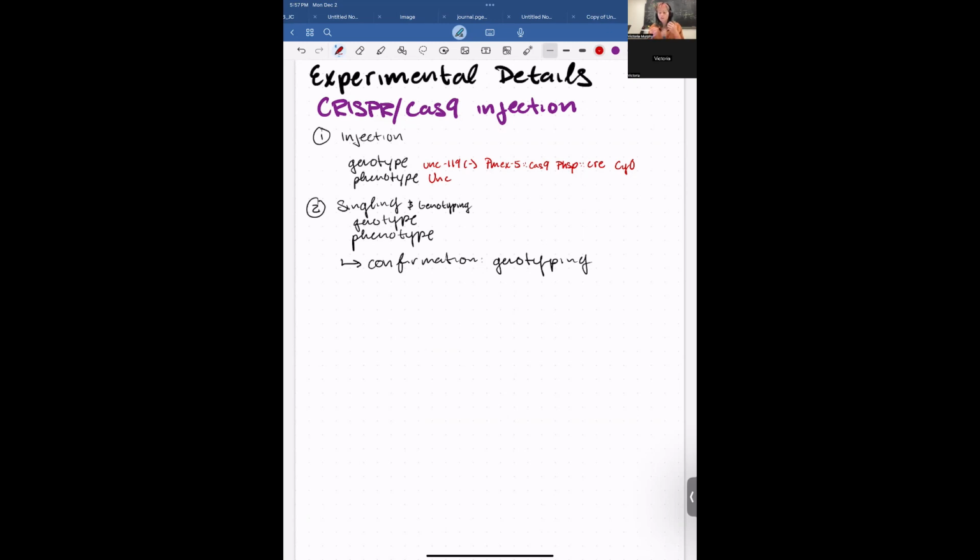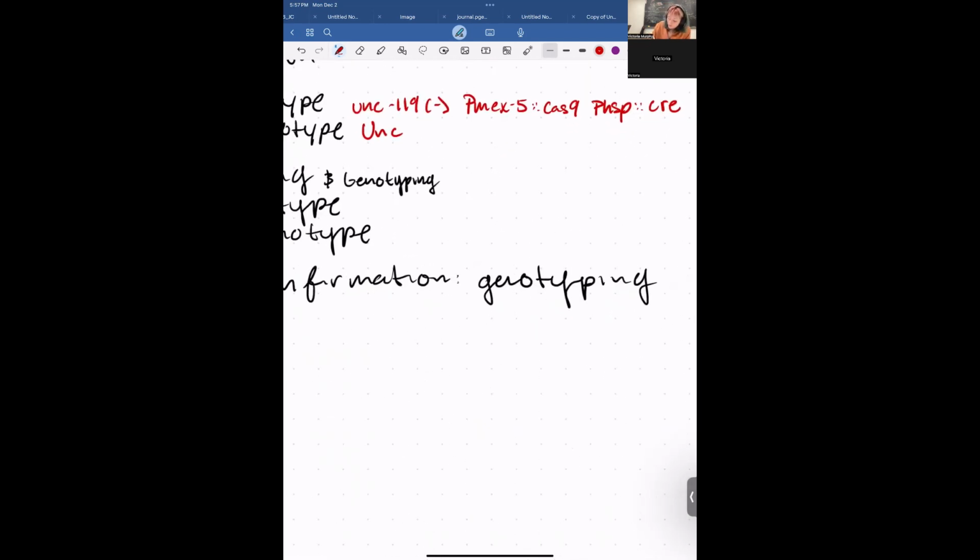And this allows us to see which worms are most likely to have that insert without having to genotype hundreds and hundreds of worms, which is usually what people do when they're trying to insert a large region of DNA. So after the injection, if we have a successful insertion of the sequence, the genotype would be